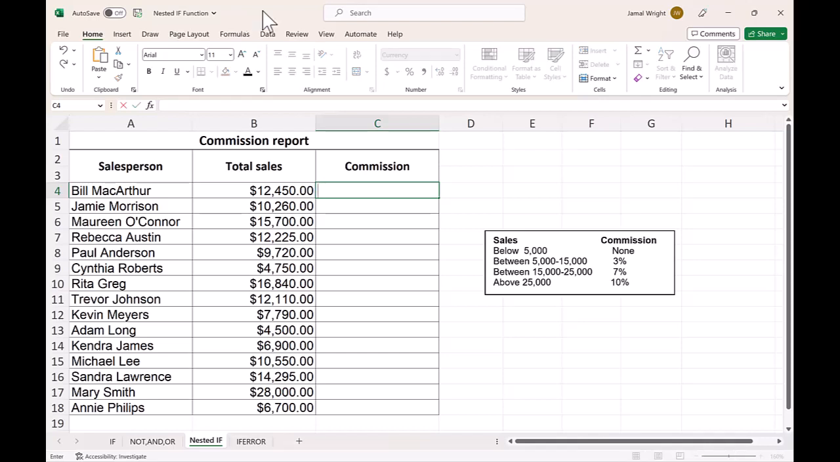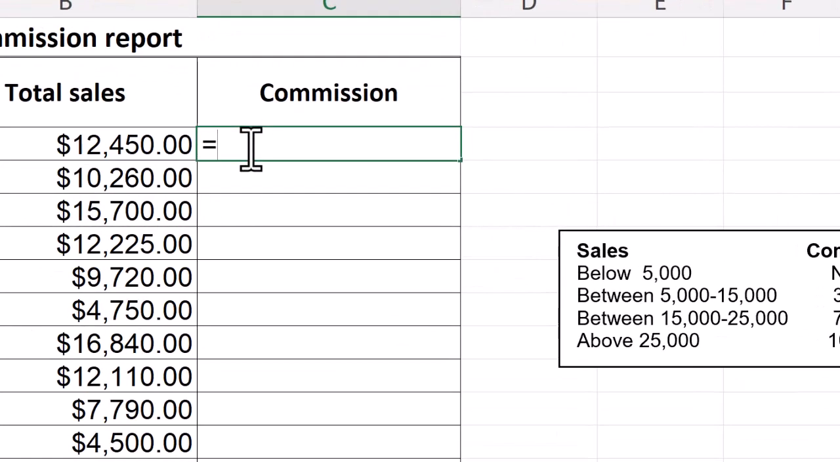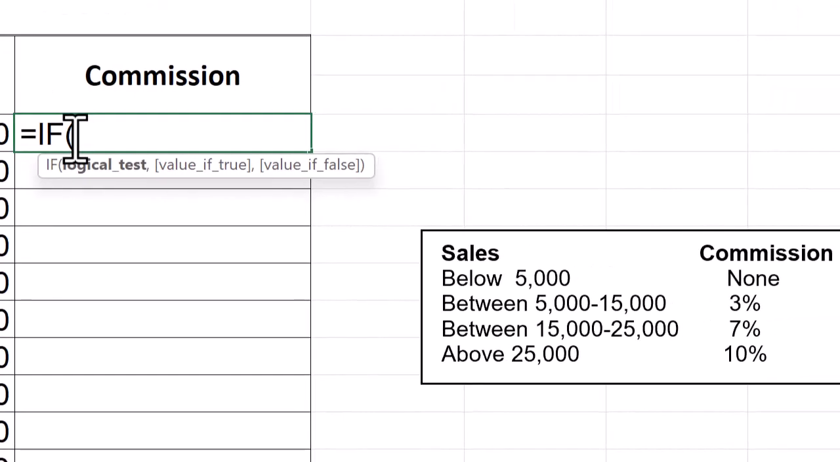So what I'm going to do, I'm going to click into cell C4 and start my nested if formula. It'll start with the equal symbol, which is what all formulas start with. And I'll write the first if function that will be applied when the total sales is greater than $25,000. So that will be written as =IF(B4>25000, and if that is true, what I'm going to do is have it multiply B4 times 10%,